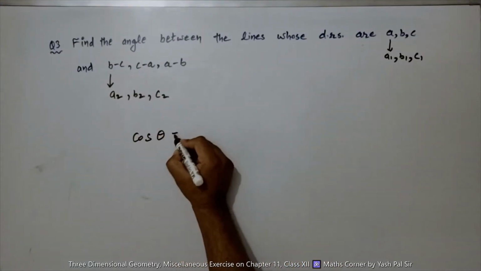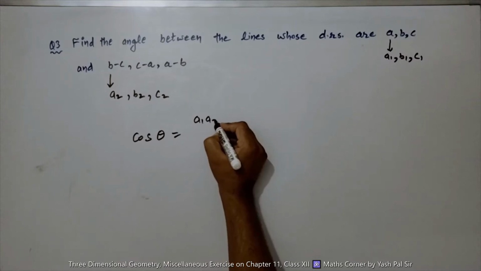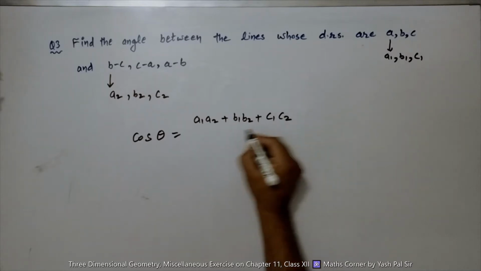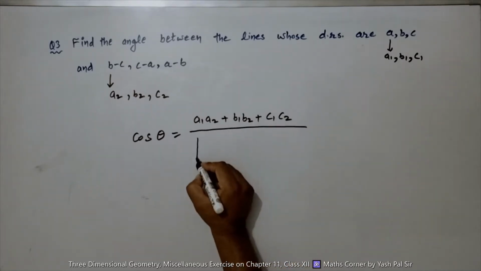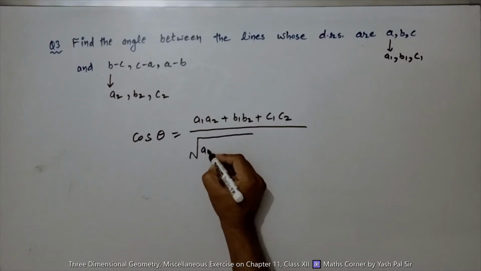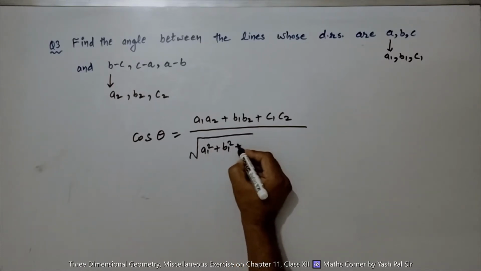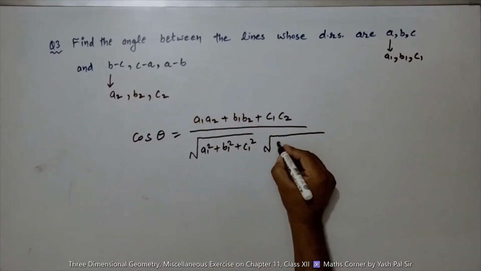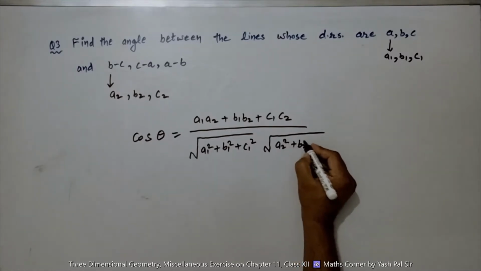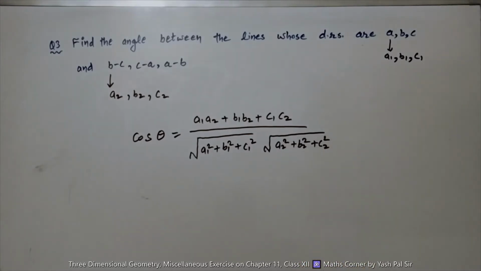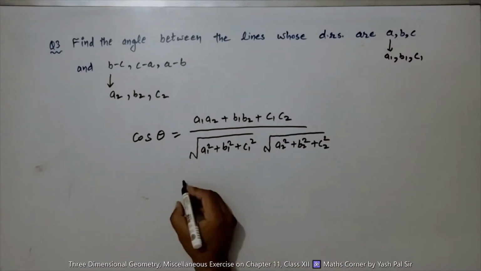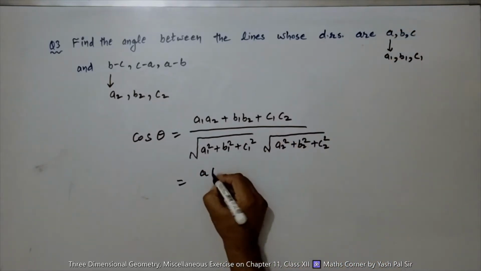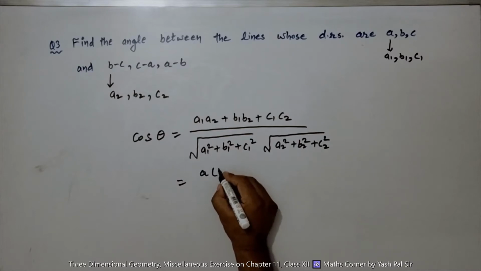So we can say cos theta is equal to a1 a2 plus b1 b2 plus c1 c2 divided by the square root of a1 square plus b1 square plus c1 square into the square root of a2 square plus b2 square plus c2 square. Now, substituting the required values, a1 is a, a2 is b minus c,